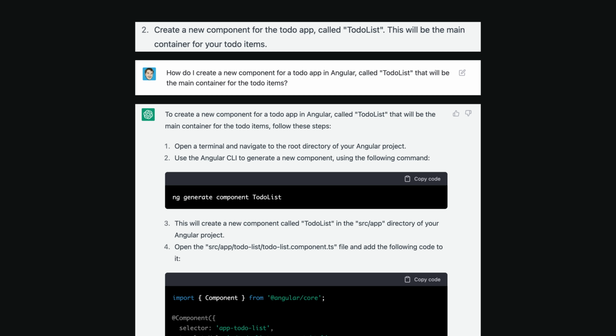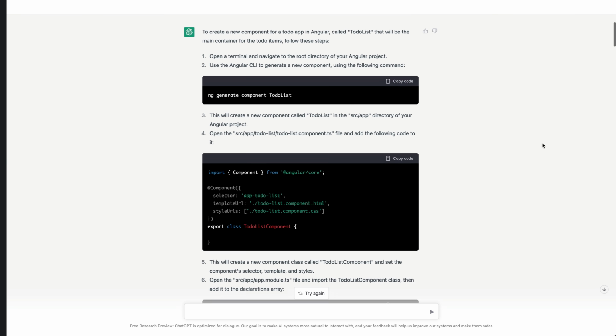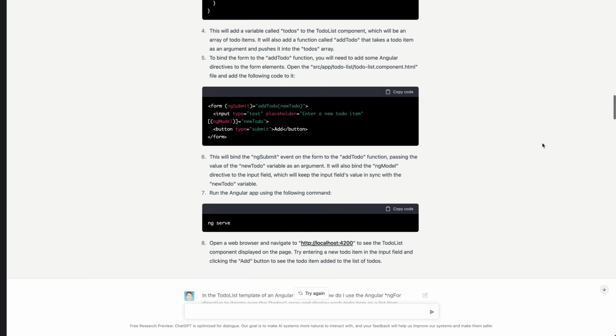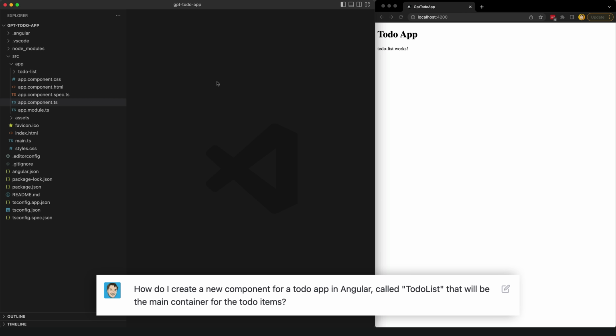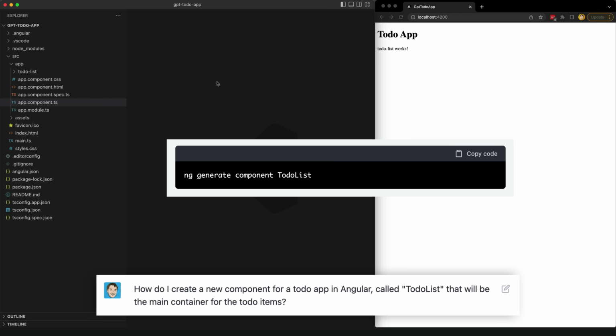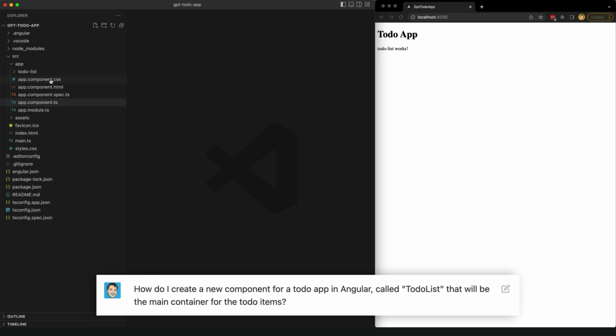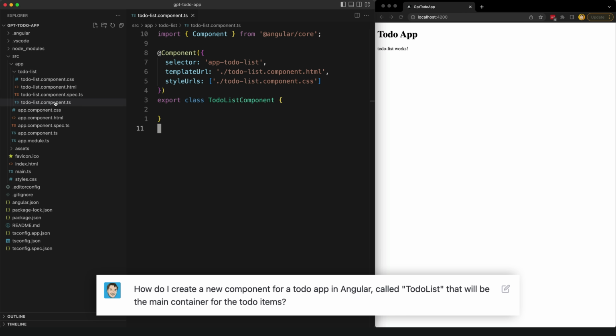It was detailed enough to where I figured if ChatGPT's code actually worked, that it would allow someone with zero coding experience to put together the entire application. So I fed each step back into it as an additional question, and this is what happens step by step. For the first step, it had me run the ng generate component to-do-list command. It then showed me the code that I need to add to this component and how to declare it in